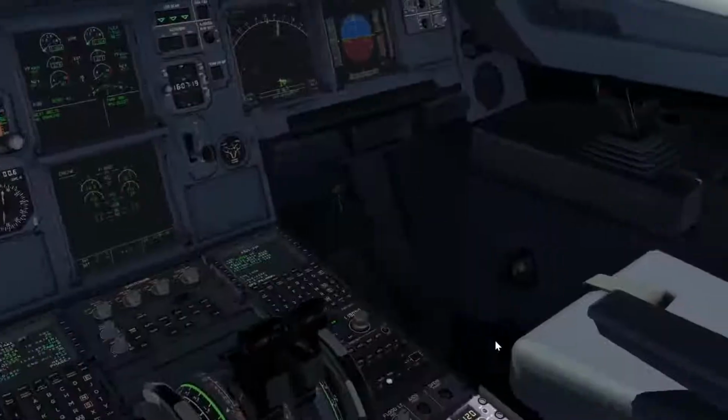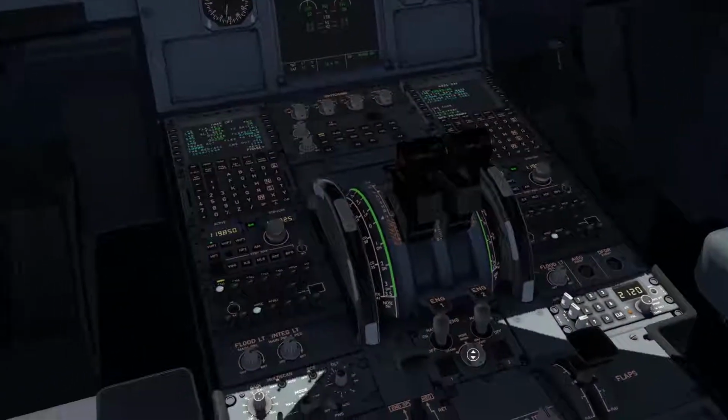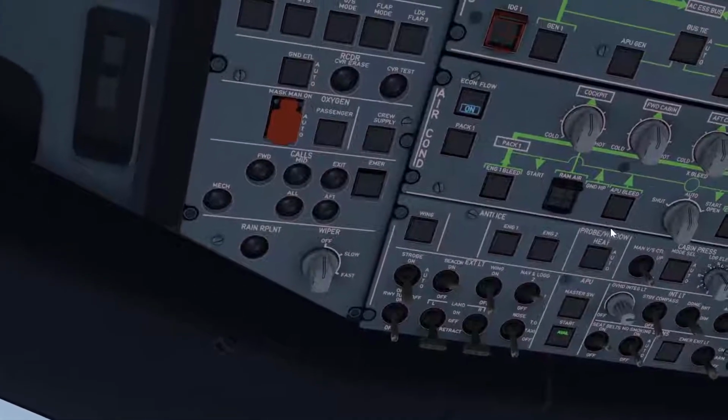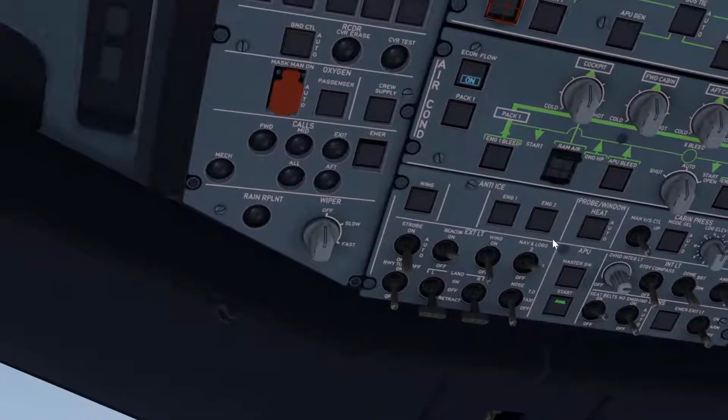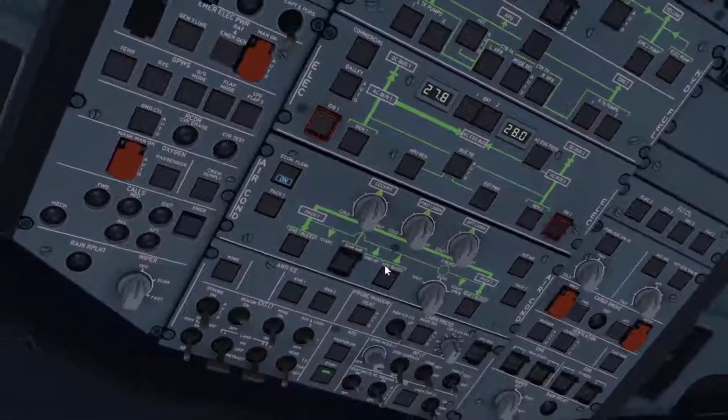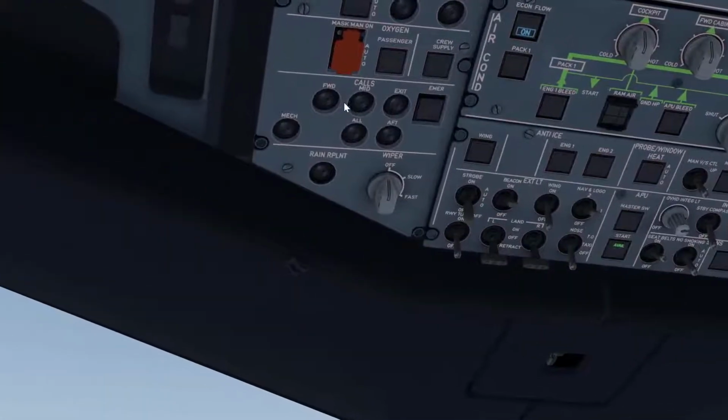All right, and we do have a good start. Let's go ahead and put our ignition to normal. And now we can turn the APU off, and that also will extinguish the bleed as well. And this is what I like about this aircraft. Pretty much check up top, everything else is good to go. Now we need to go ahead and